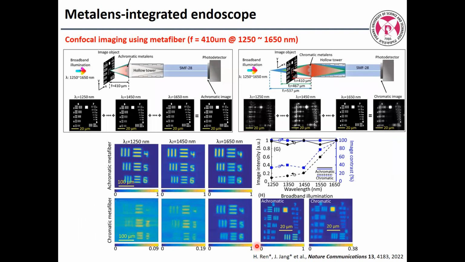So the size of the pattern is a little large, so it works for near IR, so not invisible. But anyway, this metal lens on the endoscope, what they do is correct aberration. You can see from 1250 to 1650, they correct aberrations comparing non-integrated fiber. They have a blurred image, but the achromatic metal lens integrated fiber has a better,